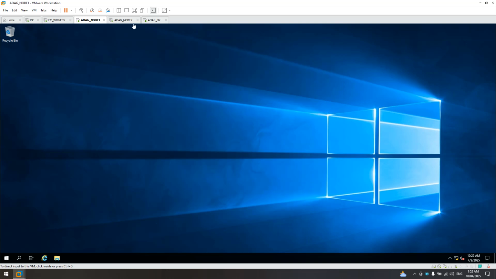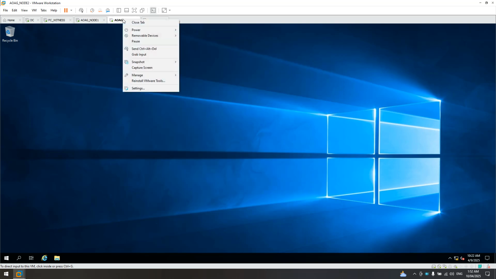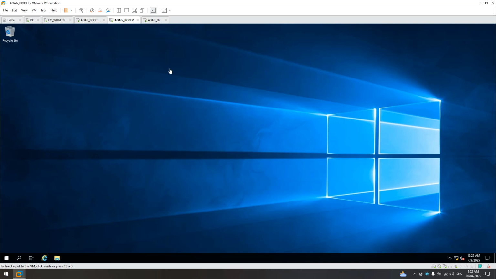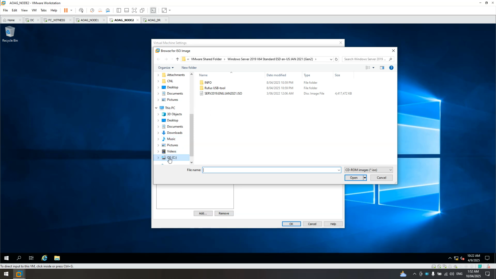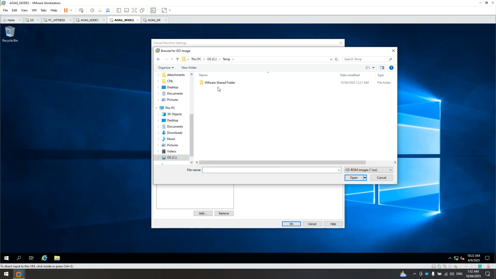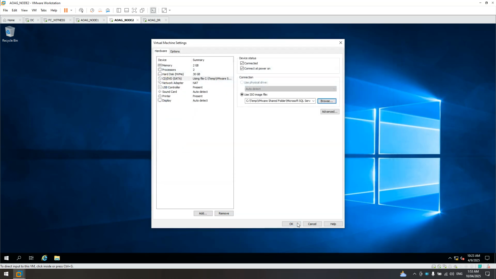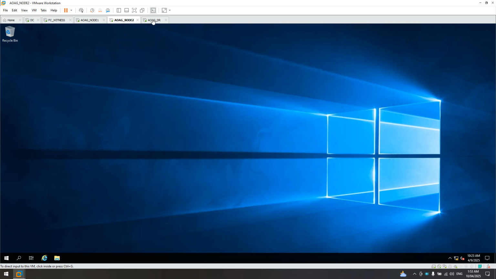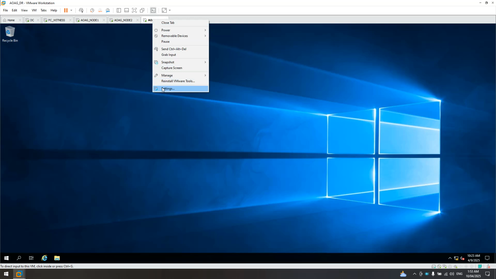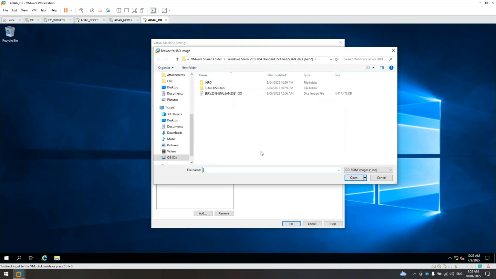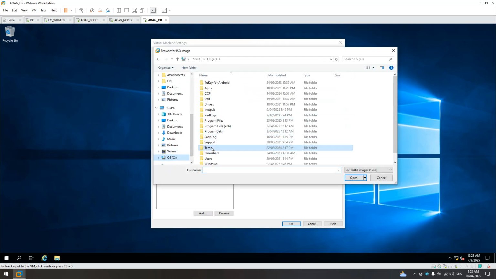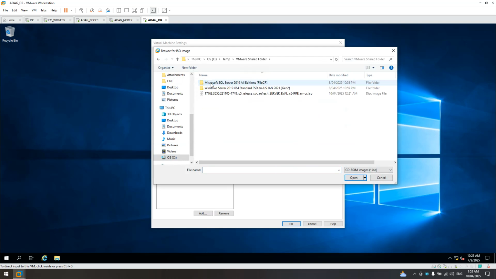Same here in Node 2, and also in the DR. Locate the ISO installer of SQL Server.